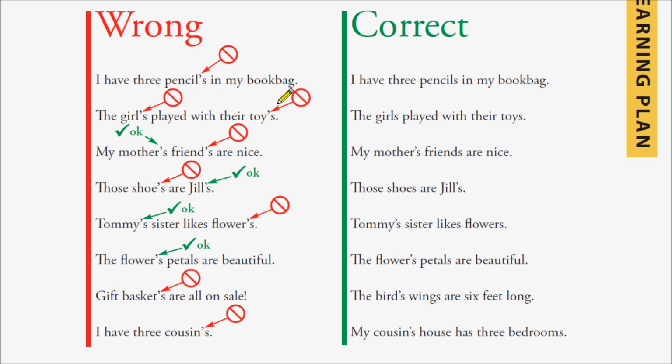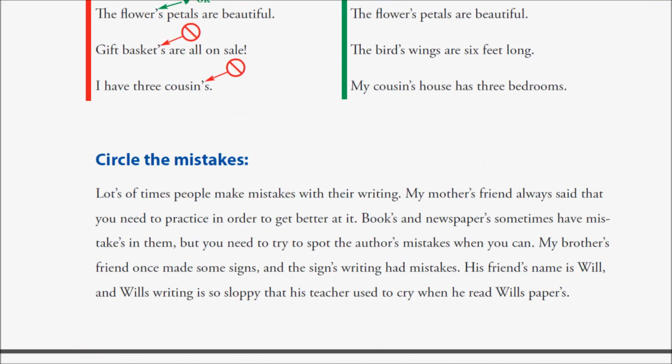Same thing with this sentence here. Okay, there's no apostrophes in that sentence. But here, all right, you have my mother's friend. Now the friend belongs to your mother. So there, it's okay that there's an apostrophe. It doesn't mean that you never put apostrophes, but you only put apostrophes to show that something belongs to something else.